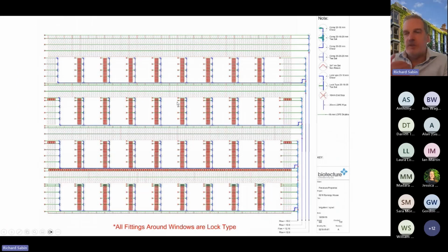Irrigation design. This is the intelligent irrigation design. These are the 4 zones. So I think in the cross section we saw 2 pipes going up. In this instance, there are 4 pipes going up. One zone is feeding the bottom and one zone is feeding the very top, and you've got 2 in the middle, and the one that's feeding the top will be the one that we're going to want to turn